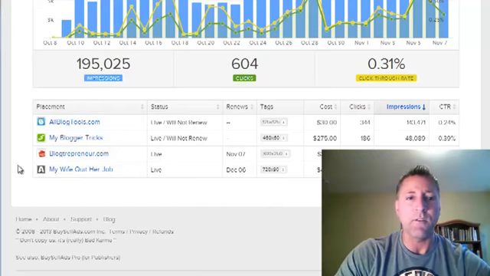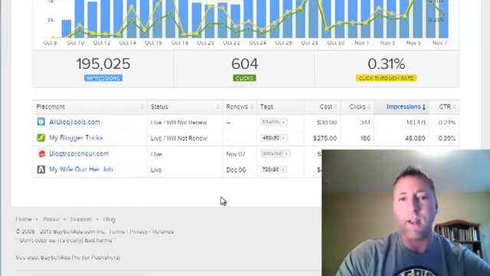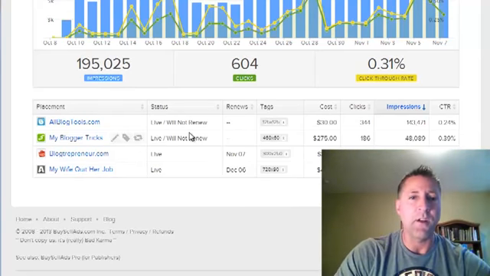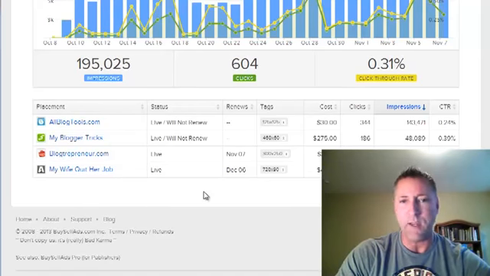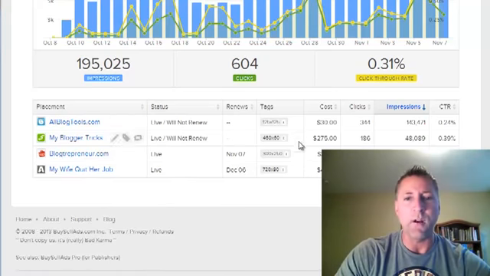And this is just the process you go through when you're running banners. Again, this is why you have to test and track. So you get some that don't work, they don't pan out, you cancel them. You get a few more, you add a few more. So I just continue to add a couple of new ads, placements every week, and weed out the ones that aren't really working.